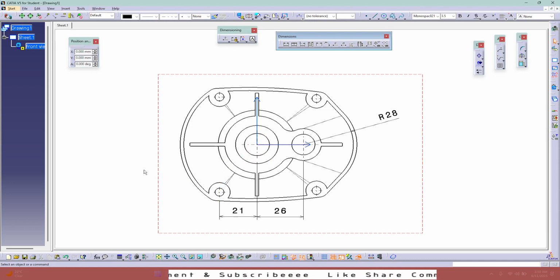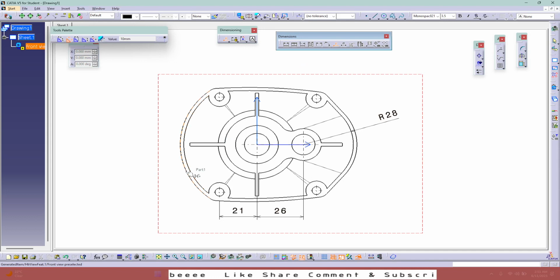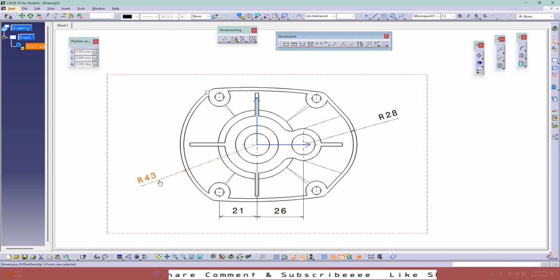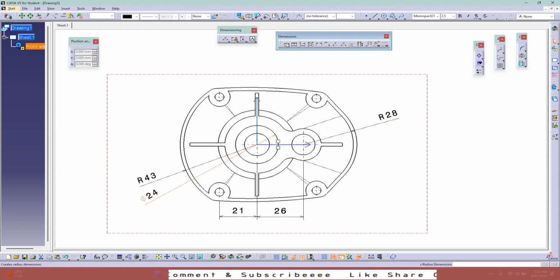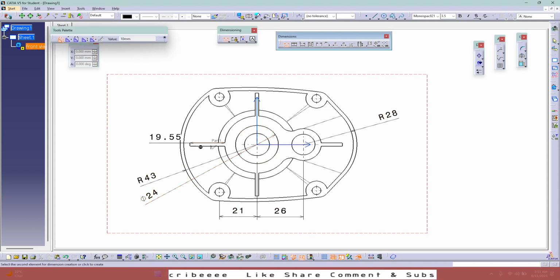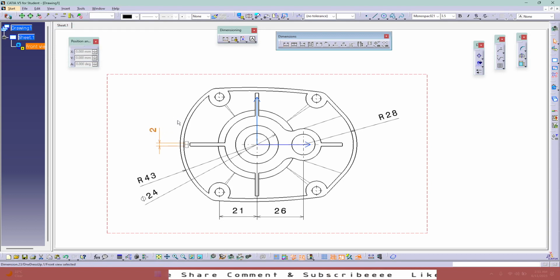Okay, now let's do another radius of this one, 43, another dia of 24, this distance is 2, and this radius 6. Also we have to define the angle, so for that select center line with reference, select this and then